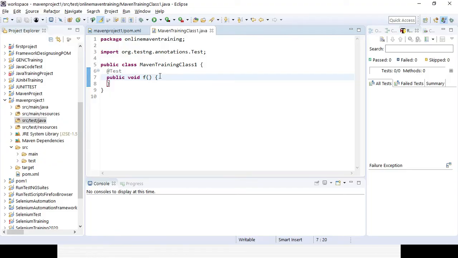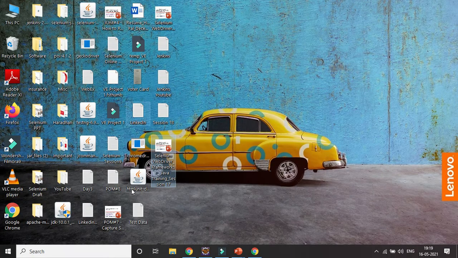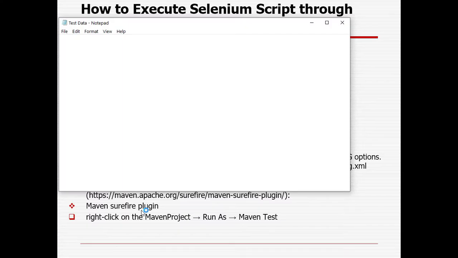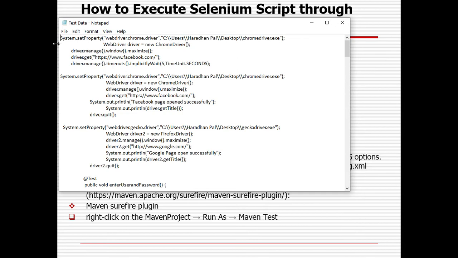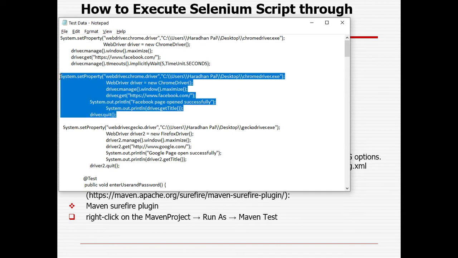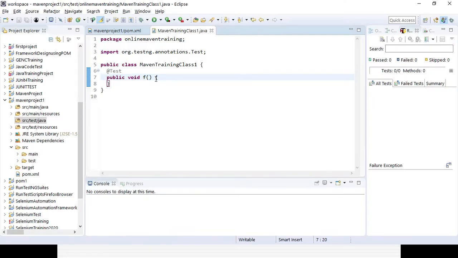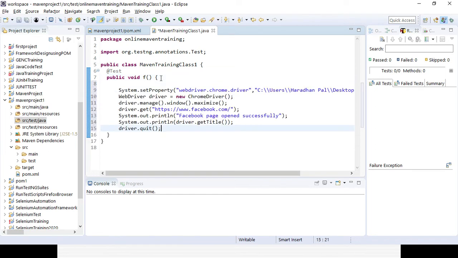Now in that particular class I want to add code so that I can open the Facebook page. I am just copy pasting that code, so I am not writing anything, and here I can change the function's name, right? Open Facebook page.